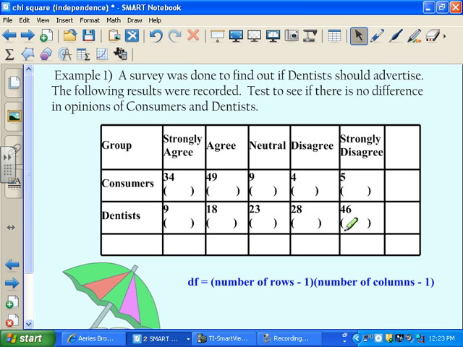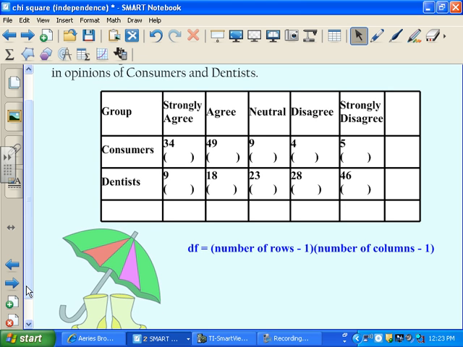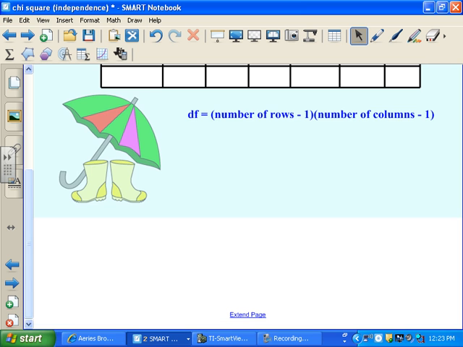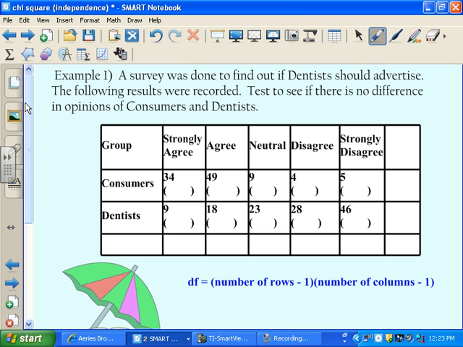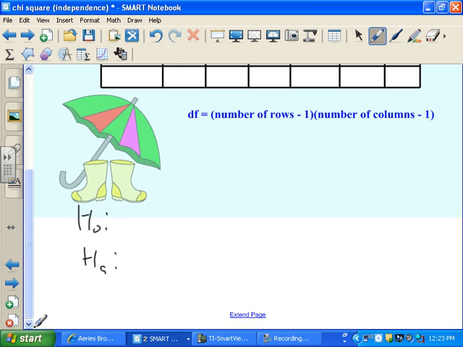Okay. So what we have to do, it's the same kind of setup as before. We're looking at true proportion. And this one's a little bit more generic in how you set it up. I'll come back to defining it. I have to remember what my null and alternative hypotheses are. Opinions. So we're looking at difference of opinions. We're going to assume in this case there is no difference. And this is actually going to be a test for homogeneity. No difference in opinions of dentists